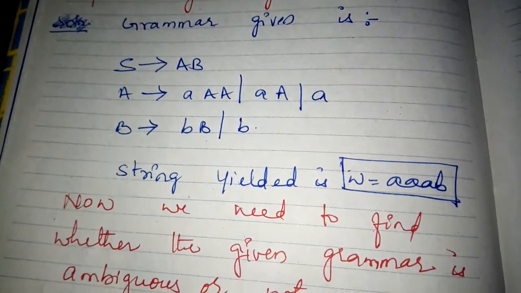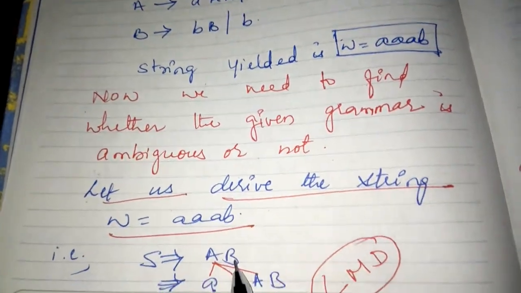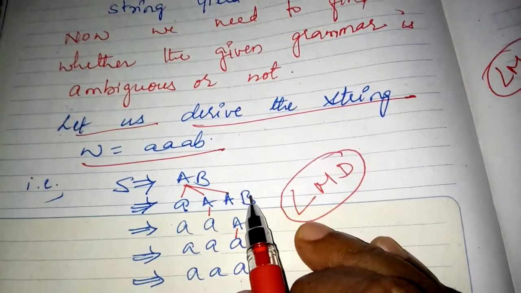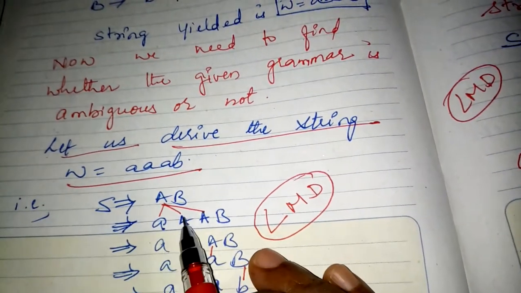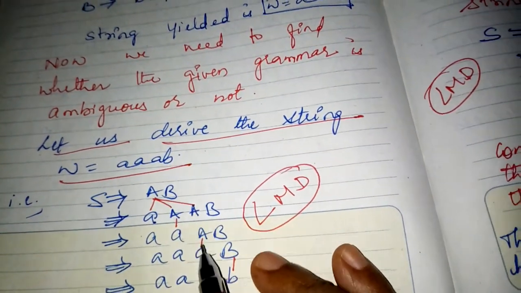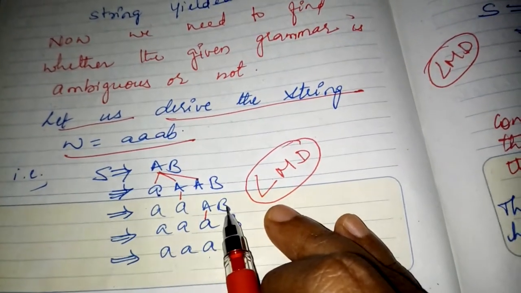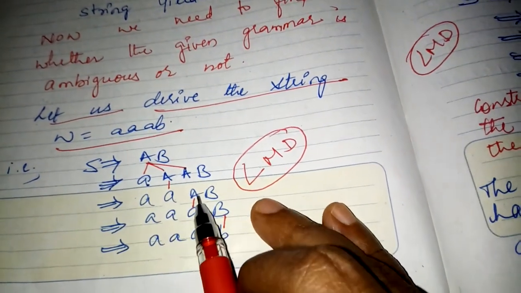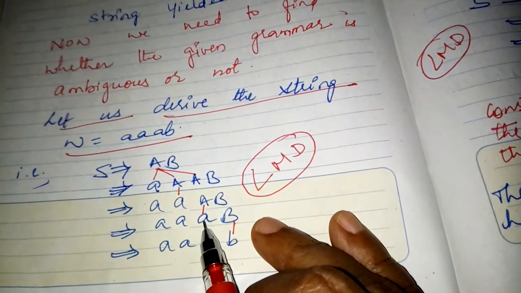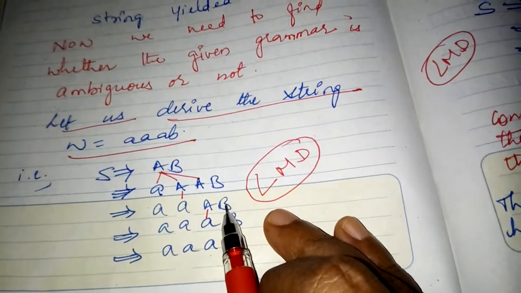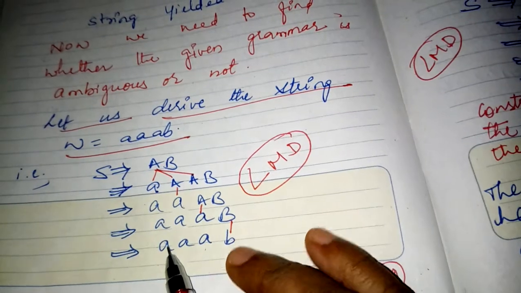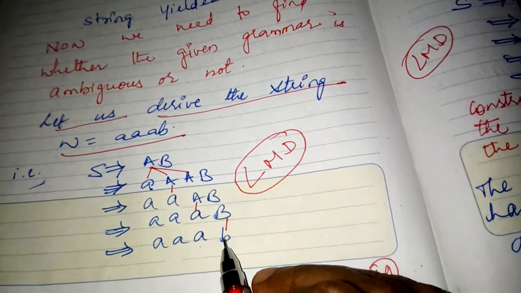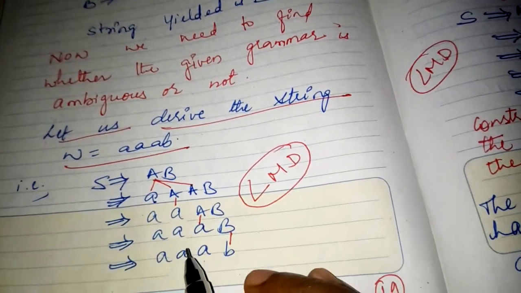S derives AB. This will rederive capital A, B. Then it will rederive a terminal symbol, and this will be written as it is, because we have done this in the grammar derivation. Again, you will keep this as it is, terminal symbols have arrived. Now this variable is rederived, you get a terminal symbol, keep this as it is. Step by step, one at any given instant. The last step: you got terminal symbols here, then derive the last one, capital B, to lowercase b. So you got the string for the given grammar.